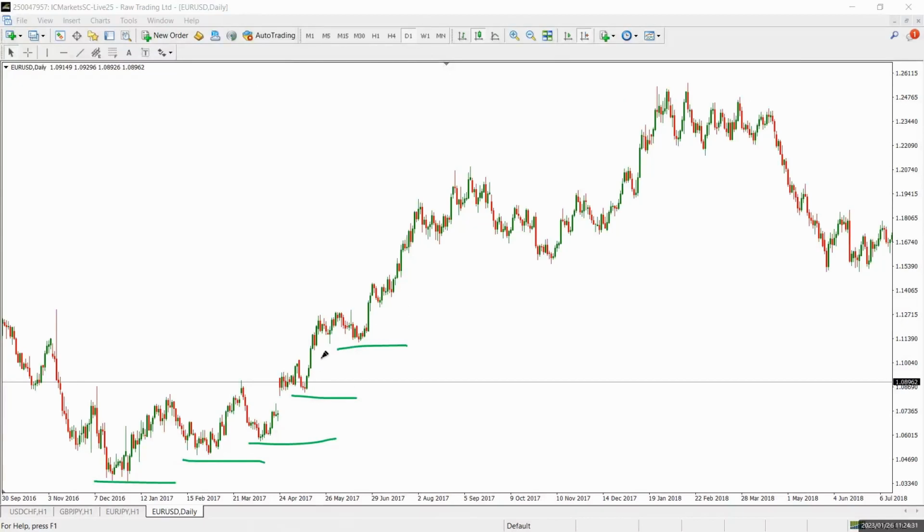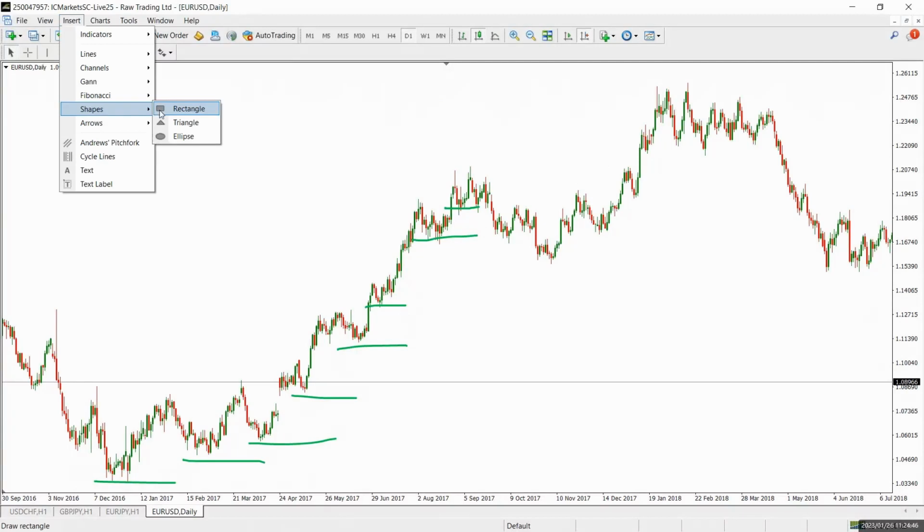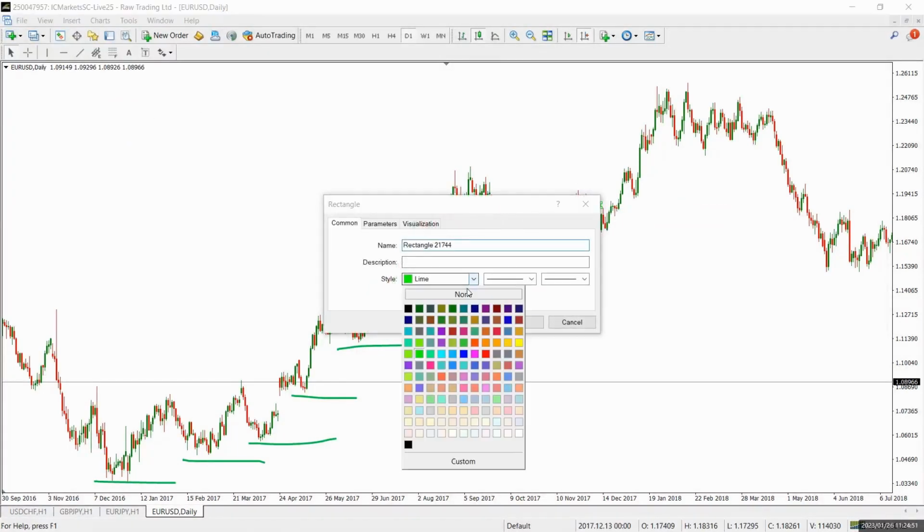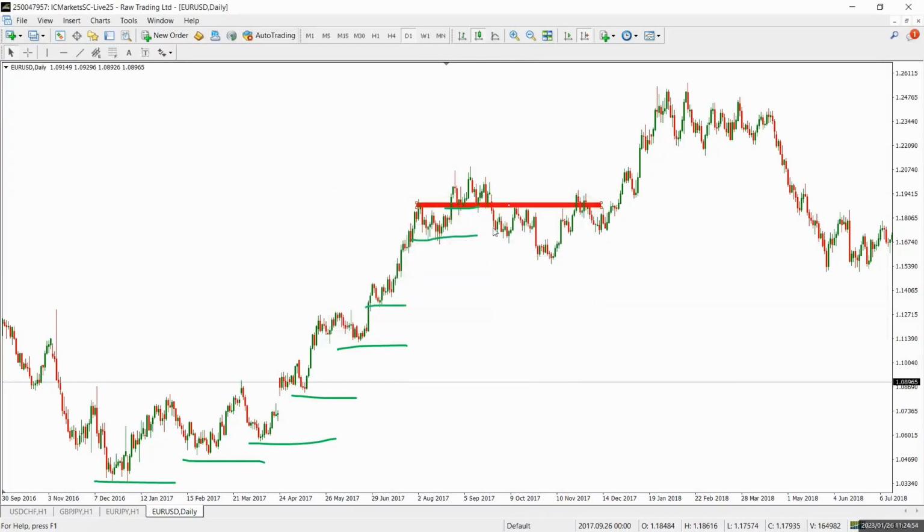An uptrend: higher highs and higher lows, higher highs, higher lows, then higher highs. What happened right at this point? It's very simple. We have the market take out this low right here. So the moment the market takes this low right here, let me indicate this with a red. All we have to wait is what? The last higher low has been broken right here. And all you have to wait is for price to give you a retest at this point,